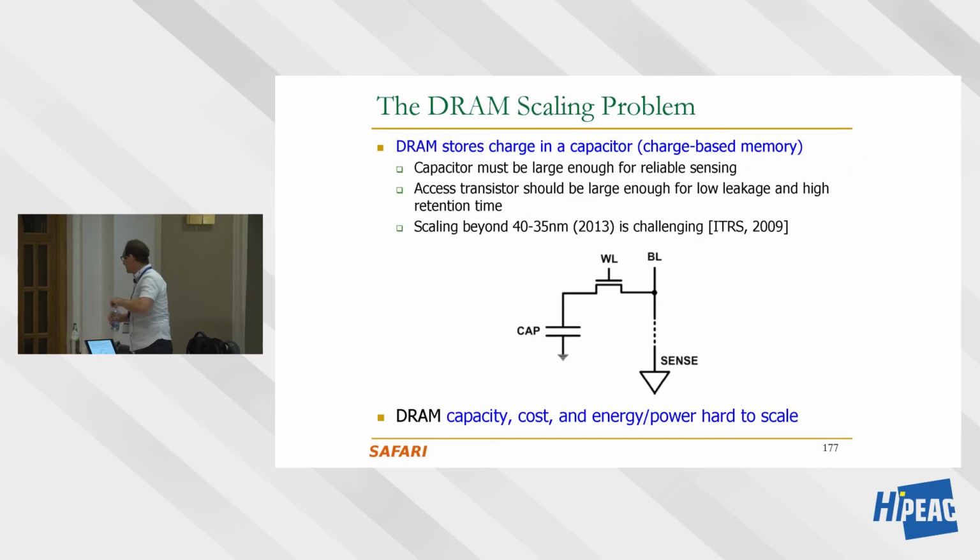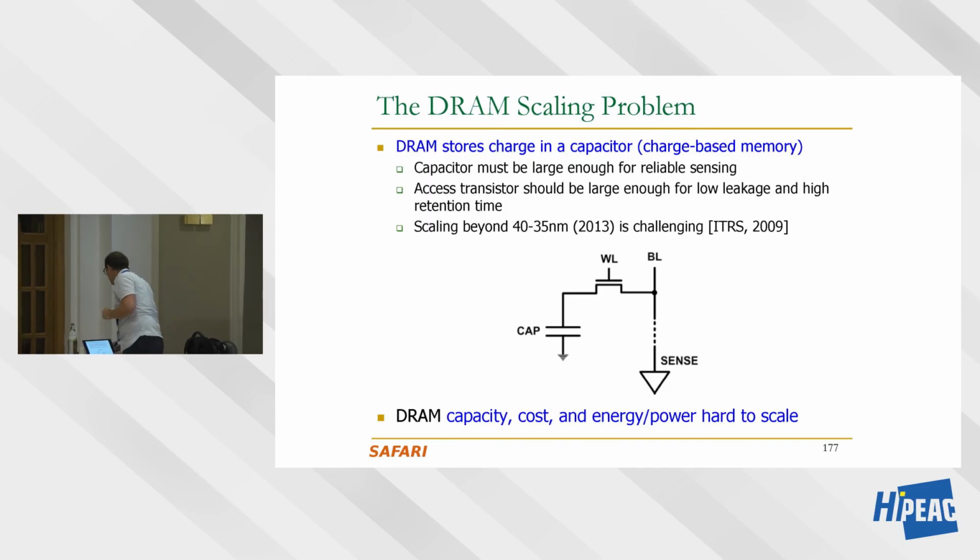So what's the DRAM scaling problem? If you look at DRAM, you need to store 1 bit. That is stored in the capacitor as charge. Charge versus discharge indicates 1 bit storage. And then you need to have an access transistor to access the data, and the bit line to perturb, and then the sense amplifier to sense the data. So this is the basics, basically. We're going to talk more about that later on.